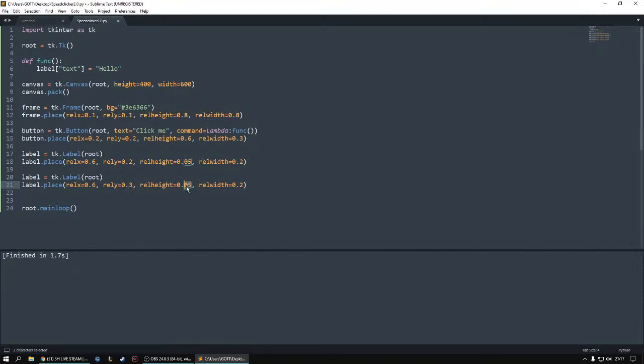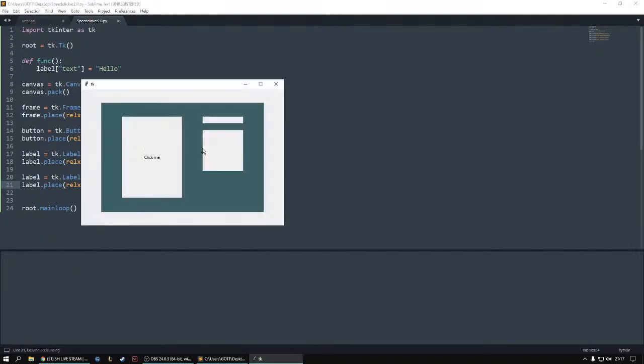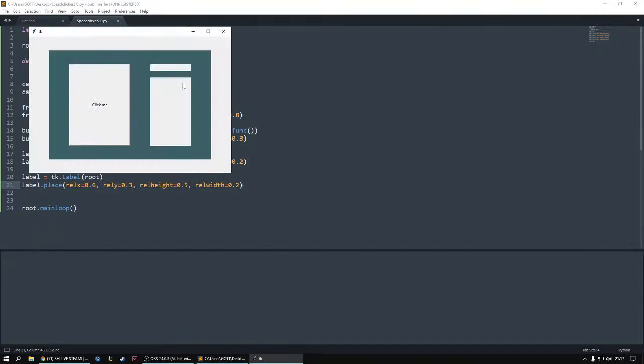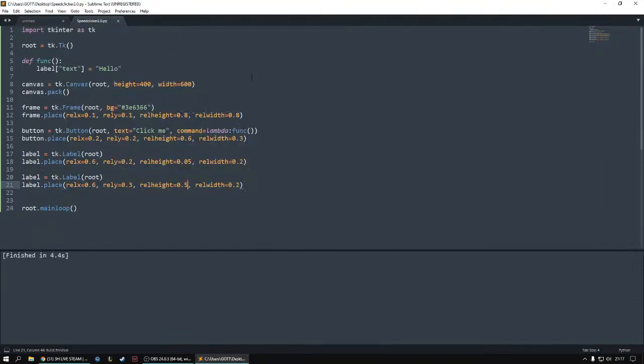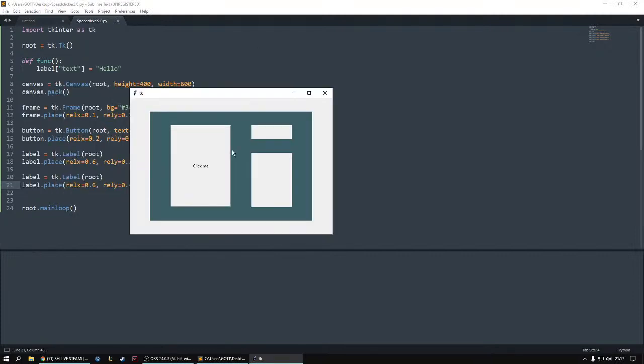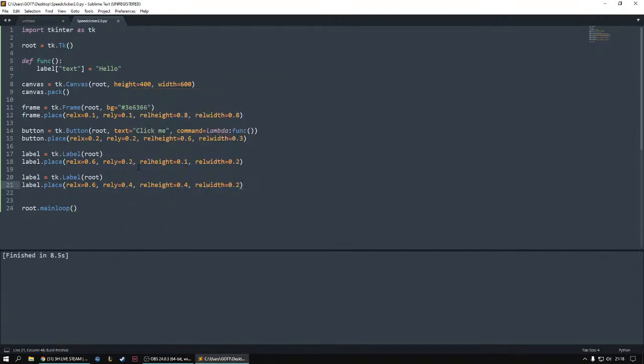Rel height will be like 3, and the width can maybe be a bit more like this maybe. Okay, let's just do this. That should be fine. So if we click this, hello will be printed here, and that's because we need to